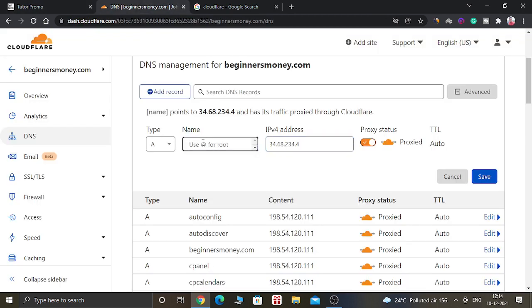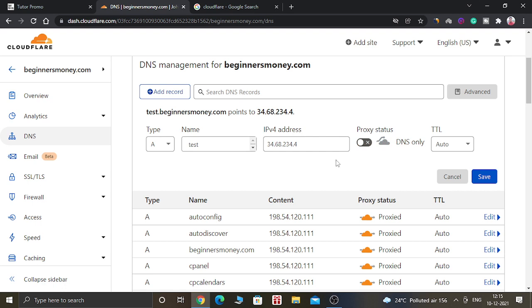If you want to add a root domain, then you just need to add an @, which makes it understand that you are pointing to the root domain. But if you want to create a subdomain, just name the subdomain anything. For example, we are going to give the subdomain as test, and you will see that there is a proxy setting. You just need to turn off the proxy.